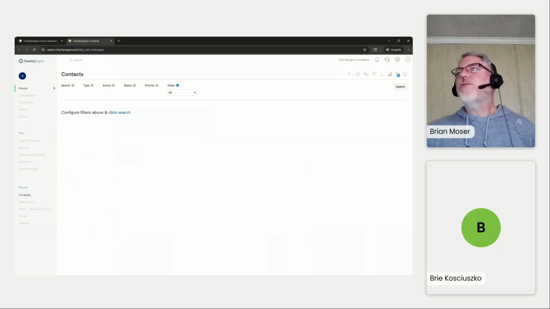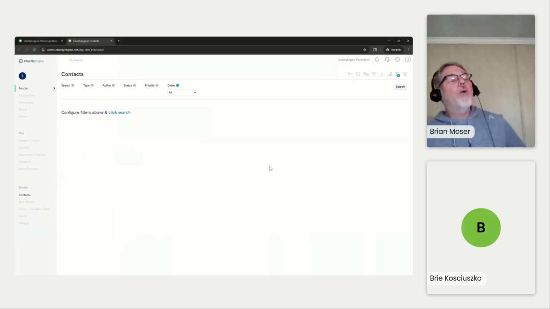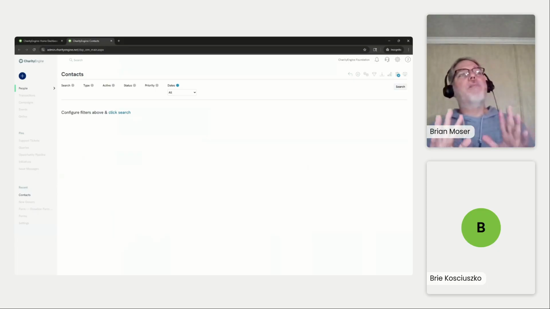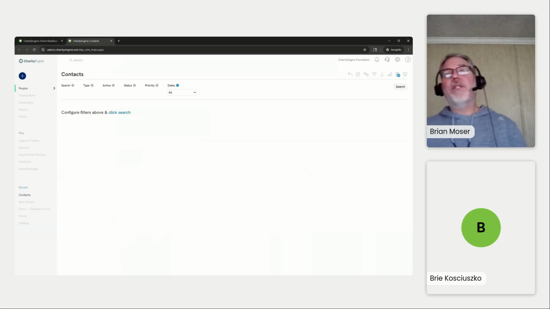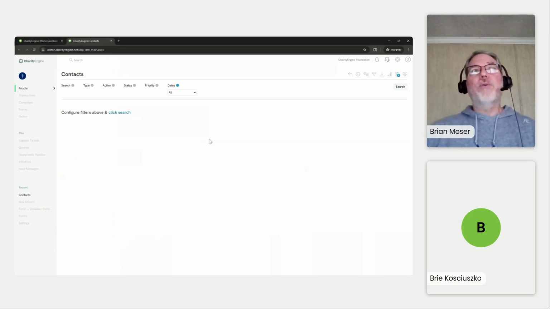If you hover over there, it gives you the tooltip: save and search and export settings, right? So the report builder is comprised of two components. It's the filtering and the fields, the filtering and the fields. So we want to set our filtering first